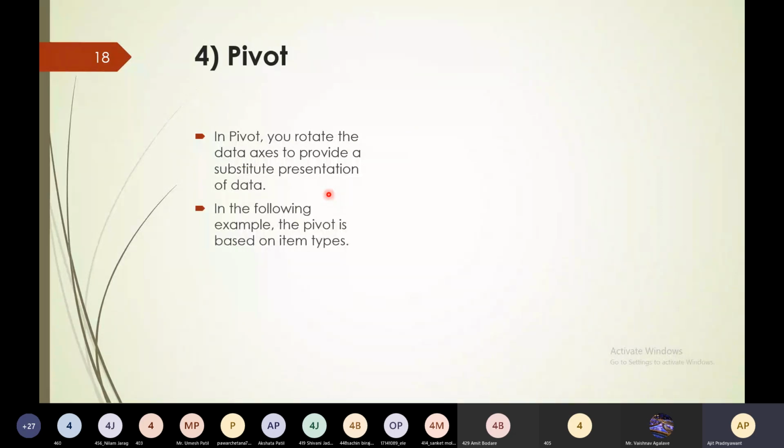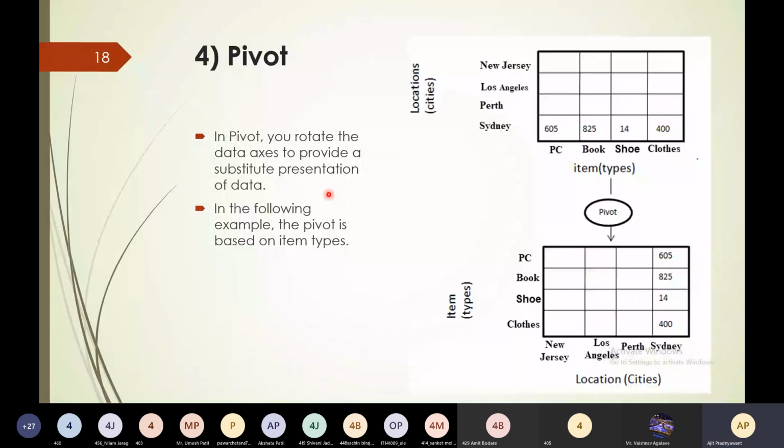In the following example, the pivot is based on the item types. So this is the location, cities, and this is the item type. We are performing the pivot operation. It will just rotate your axis, and you will look at the data from a different perspective.